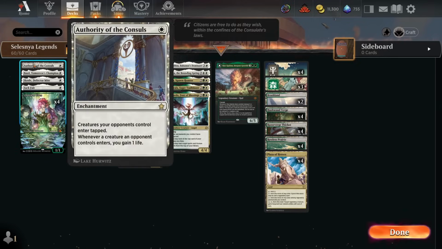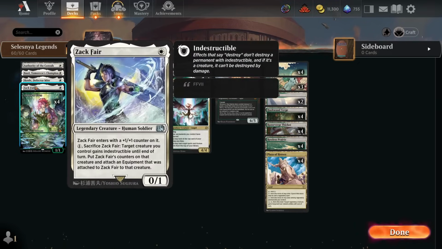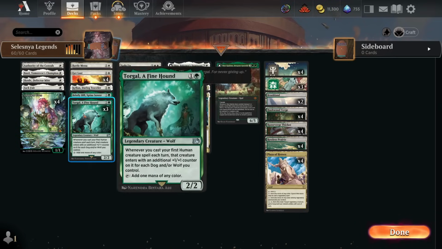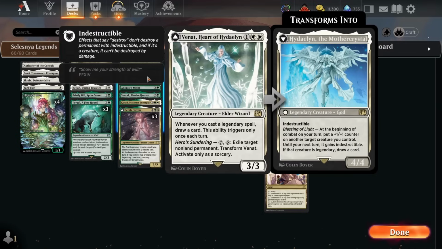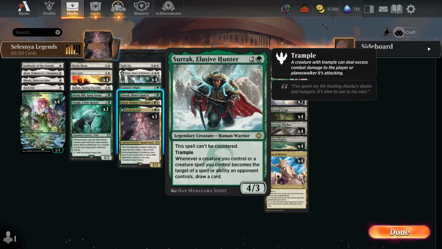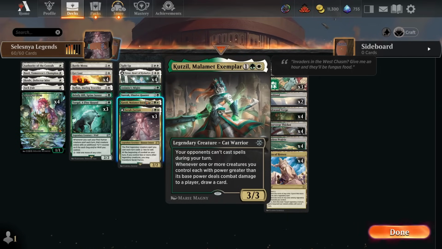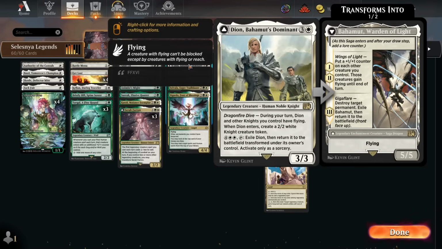We got 1 Authority of the Consuls, 1 Basri, Tomorrow's Champion, 1 Skrelv, Defector Mite, 1 Zack Fair, 4 Llanowar Elves, 1 Bahamut, 4 Get Lost, 1 Kellan, Daring Traveler, 1 Bristly Bill, Spine Sower, 3 Torgal, A Fine Hound, 1 Split Up, 4 Venat, Heart of Hydaelyn, 1 Animist Mite, 1 Surrak, Elusive Hunter, 1 Kutzil, Malamet Exemplar, 3 Serah Farron, 1 Dion, Bahamut's Dominant,